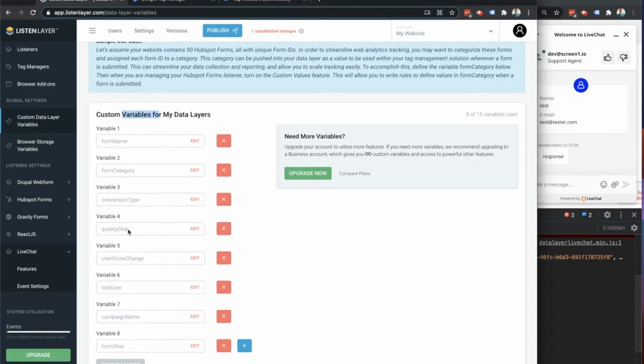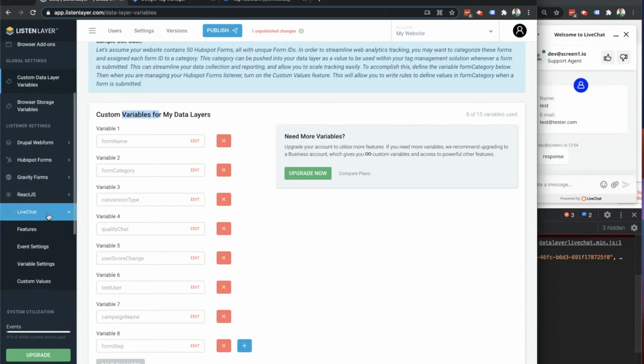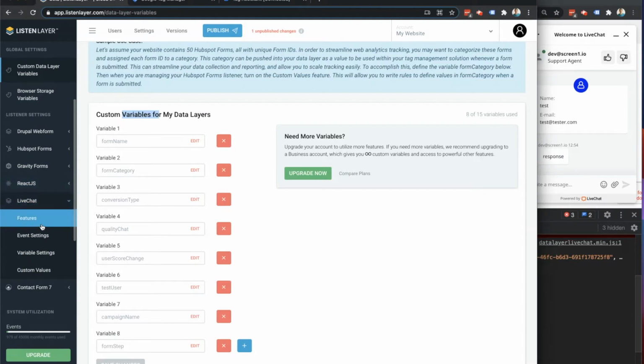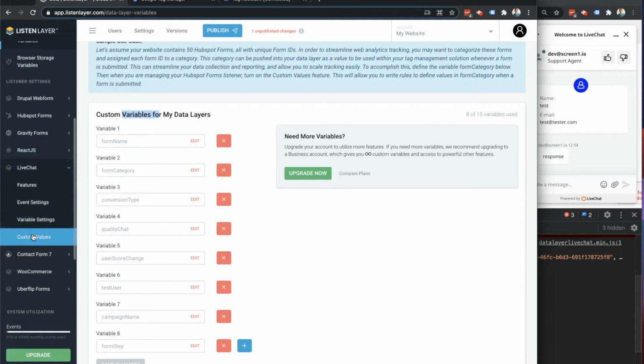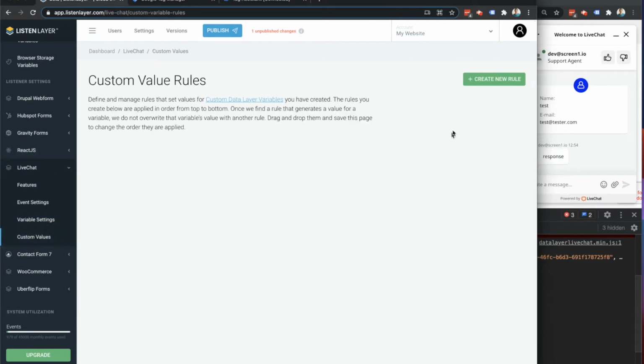Now, you could track conversions every single time a user starts a chat, or you could limit that and say, I only want to track a conversion when a user reaches a certain threshold. And I'm going to consider that to be a high quality chat. So then I want to push a value of high into my data layer when a certain condition is met. And I want to push that into a variable named quality chat. And so I'm going to jump down to my custom values role, and I'm going to need to create a